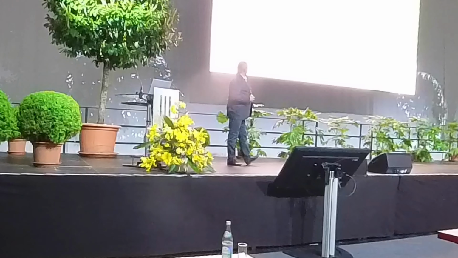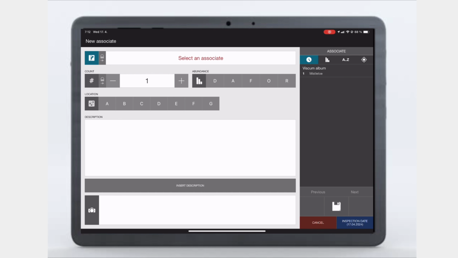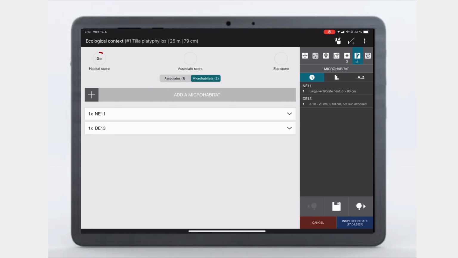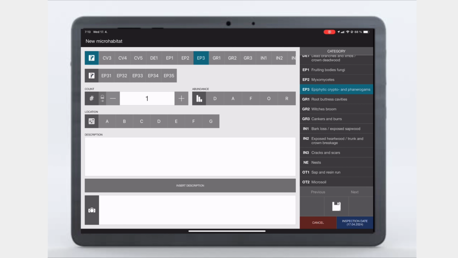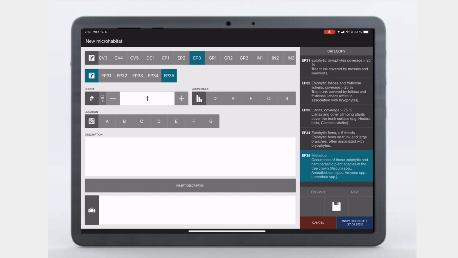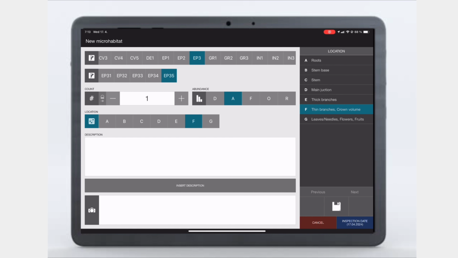And don't forget, because I have seen here a few hands of people who like the mistletoe, that mistletoe is not just the bad guy. The mistletoe is a microhabitat as well, and it's part of the ecological or biodiversity features as well. So you can differentiate the parts of the crown into sections and take the mistletoe into account as an associated organism, as the problem, and as the microhabitat at the same moment.